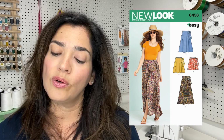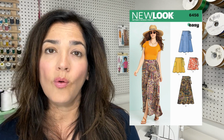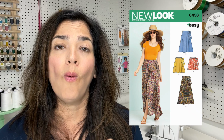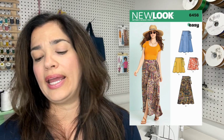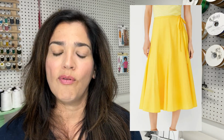So if you look at New Look 6456, and you look at view A, which is a maxi length. I usually don't tend to go for maxi length. I'm more of like a midi length or perhaps something down to like my knee. But if you look at view A, and of course, Ann Taylor has a wrap skirt in this beautiful yellow, kind of like a sunny true yellow fabric, and it says that it has godets, but I don't see godets. What I do see is panels in this